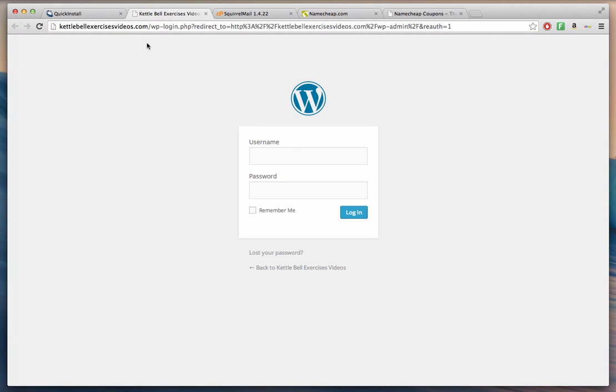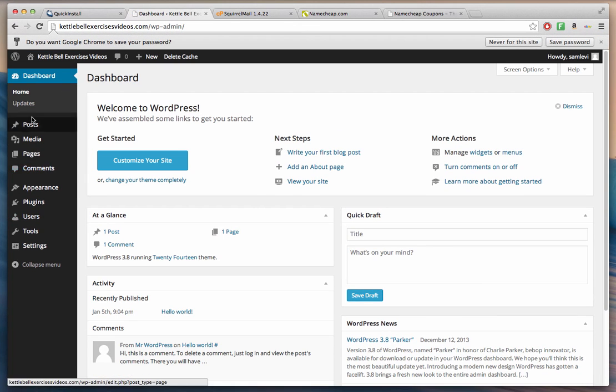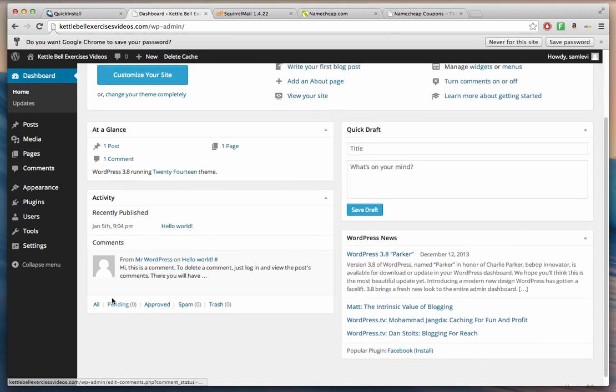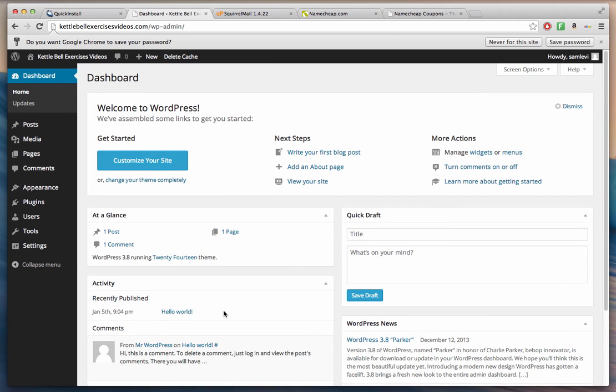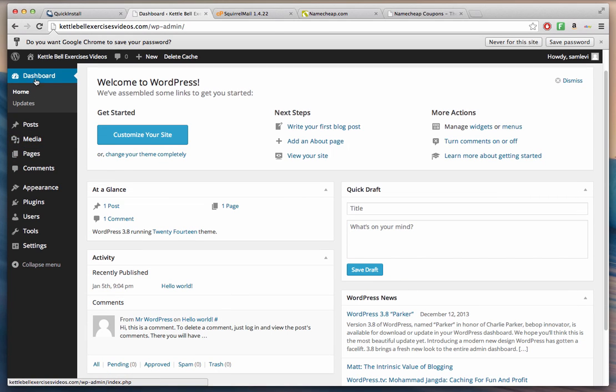So this is the login form for your WP admin. The username that you created is Sam Levy, and then the password is this one. Okay, login. Now we have a WordPress website, 2014 edition, right? This is the admin panel of WordPress. It's quite overwhelming, but when you study it, it's okay. It's easy to use. You can access your site here,